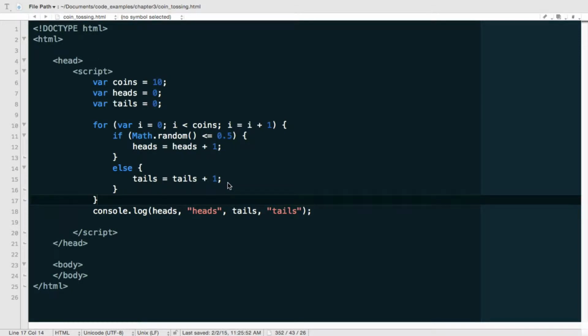All right, welcome back. We're Nature in Code and we're in chapter 3, and we're just about to finish our coin tossing example. So in the last lecture, we developed this code here that basically throws a coin 10 times. If it comes up heads, which happens 50% of the cases, so if Math.random is smaller or equal to 0.25, then we'll increase this heads variable by 1, else we'll increase the tails variable by 1, and then in the end we can output the number of heads and the number of tails, and that gives us precisely